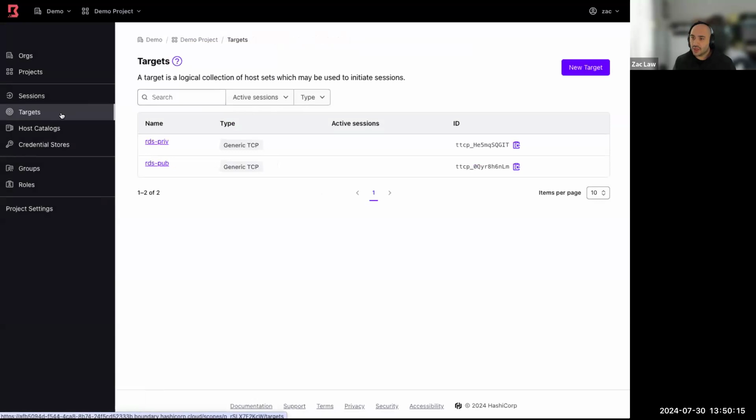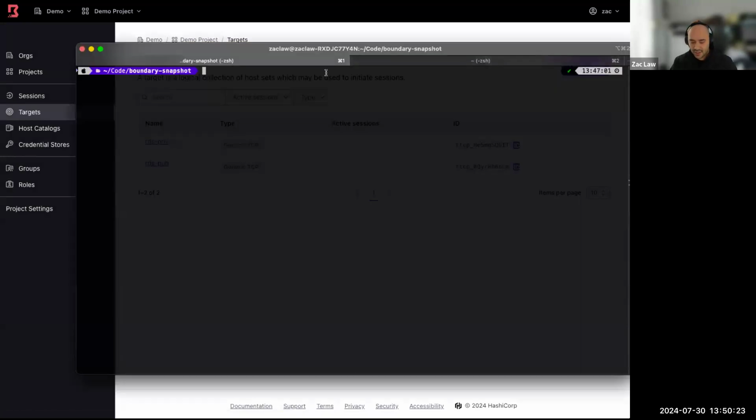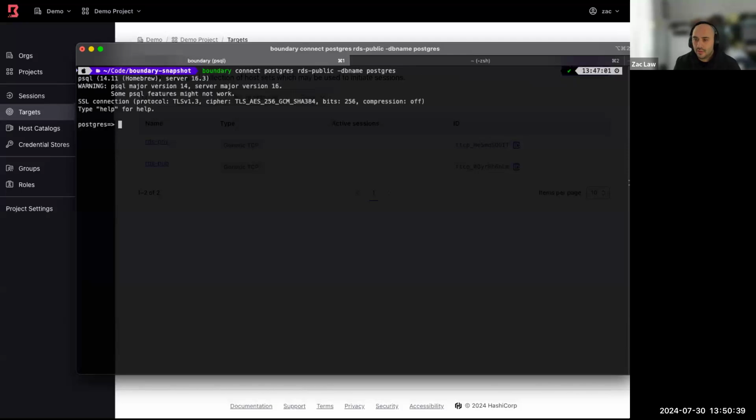I'm going to have a new username and password generated for every single session. So every session has its own set of credentials that are tied to the length of the session. Now if I do a Boundary connect, Postgres RDS public DB name, connect to Postgres, hit enter. It's connected in. And if I do a con info and have a look, what